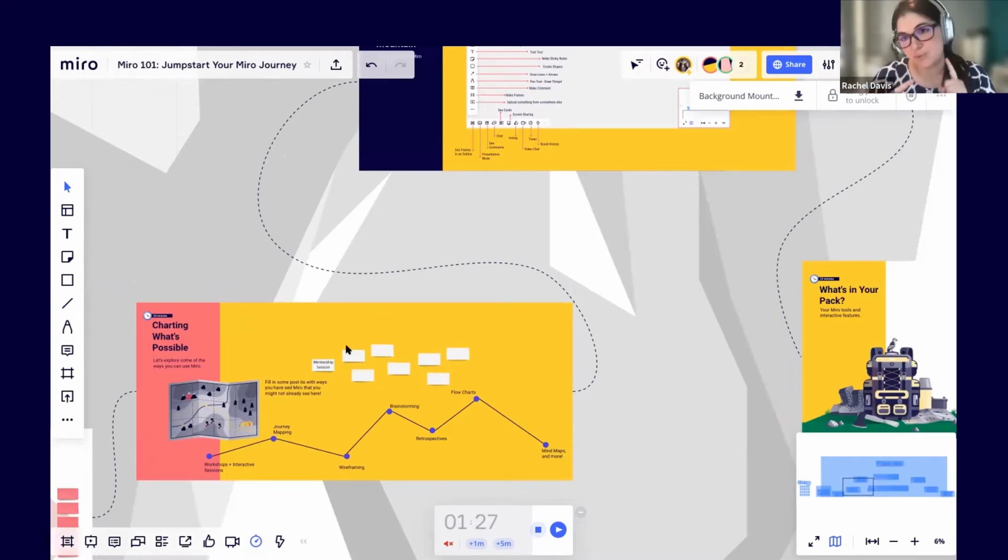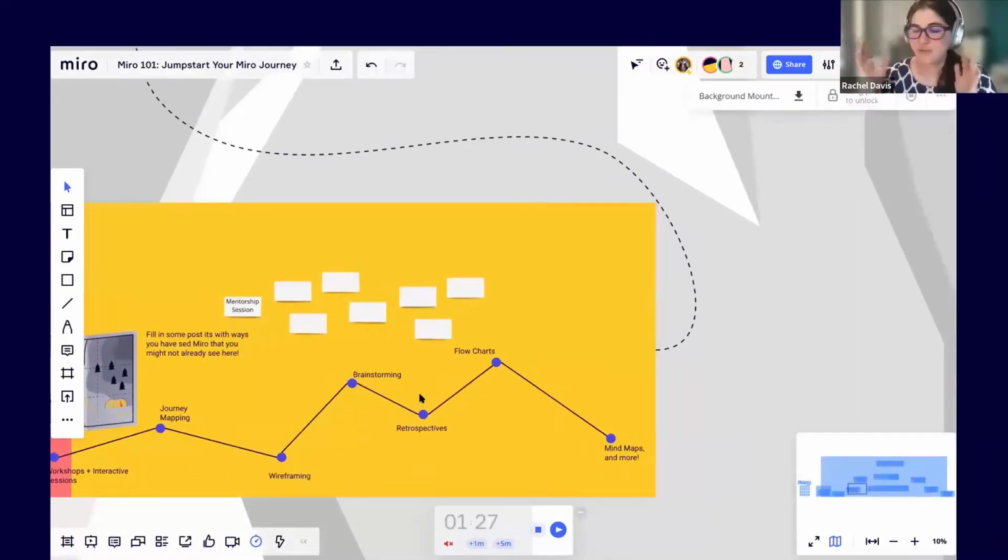There are actually two different places in Miro where you can find templates, and Miroverse, and we'll talk about those in a second. There's also a really great site called Boardle. I'll put the link in the chat here in a second. They have Miro templates, but they also have Mural and other templates, though they do have a ton of Miro templates. And some of the other ways: flowcharts, retrospectives, which are great for your internal team, and mind mapping.